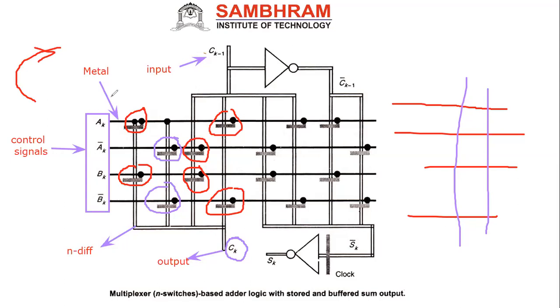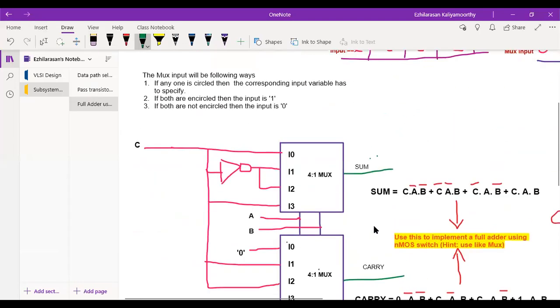Then you virtually assume that your x-axis, as per this, the diffusion carries the input, then the vertical and horizontal lines carry the control signal, that is a metal. Then in between you need to create a signal. So let me show how I have drawn it, just for simplicity, then you may get an idea.